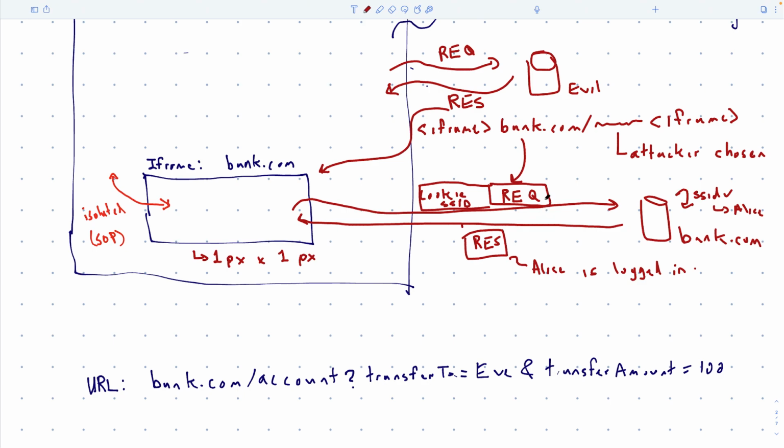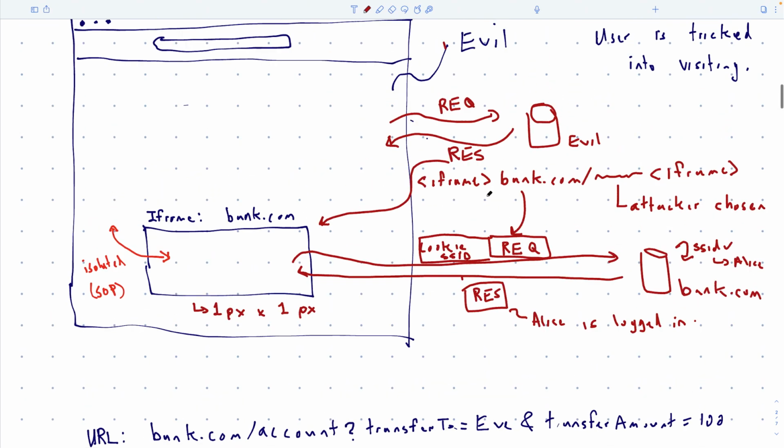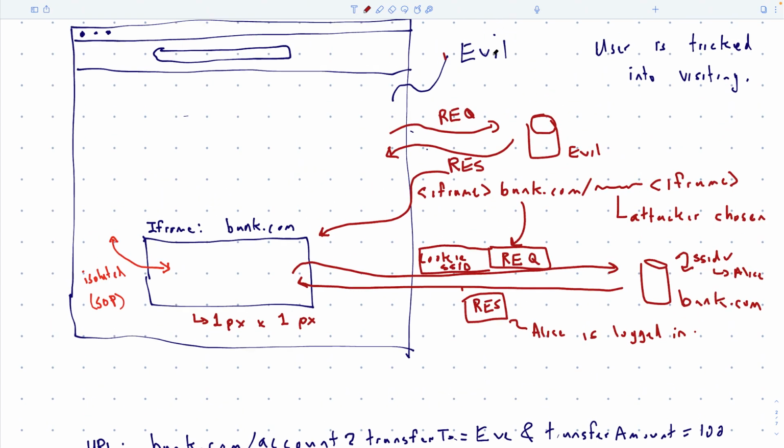And so no one really knows that there's something weird going on. And what does the user see? Just the normal bank page and this URL? So the user would see the evil website, whatever I have on it. So it could just be a news article or something. It doesn't have to have anything to do with anything. And this iframe, like I said, could be 1 pixel by 1 pixel.